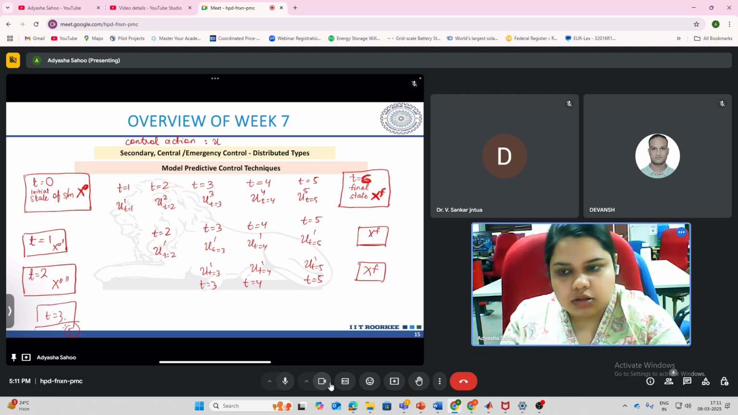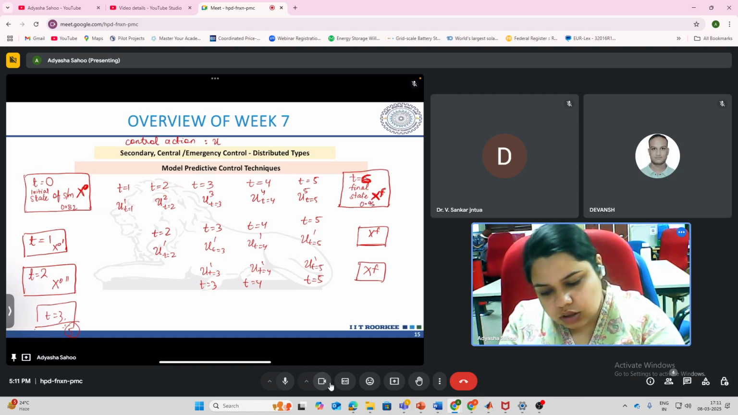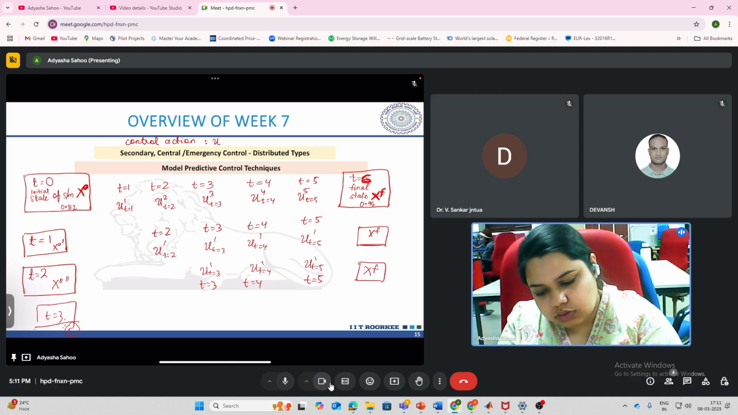Now in case of a power system, let's say your voltage was at point 82, you want to go to 0.95. Now after t equal to 1, the voltage has improved from 0.82 to